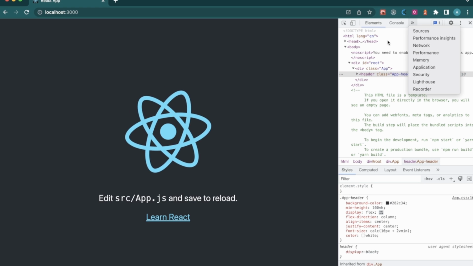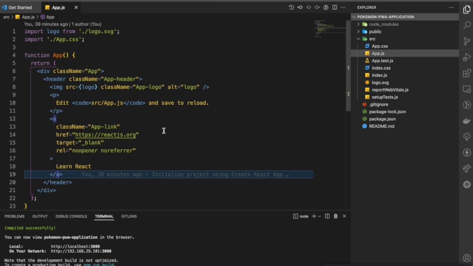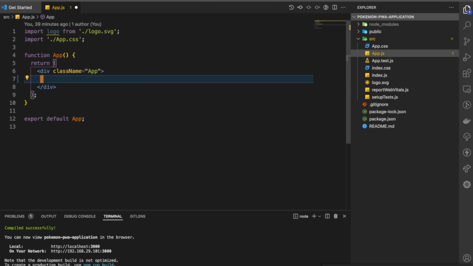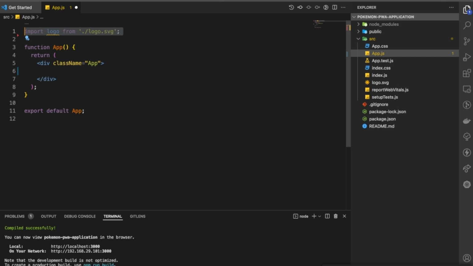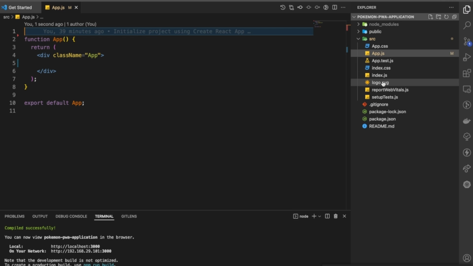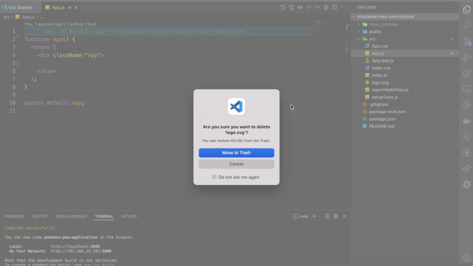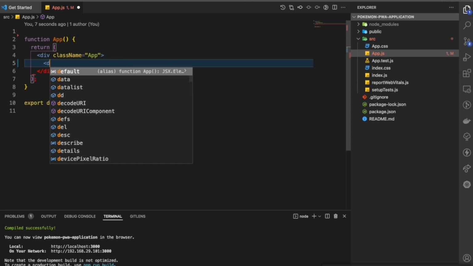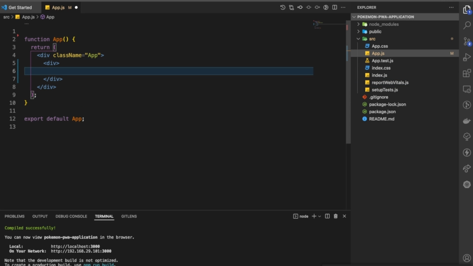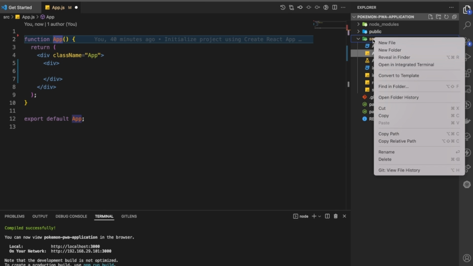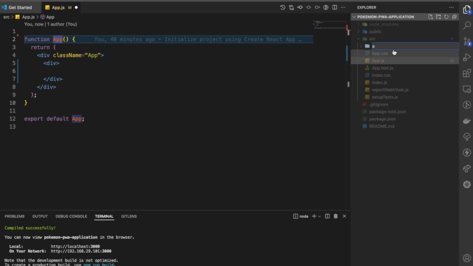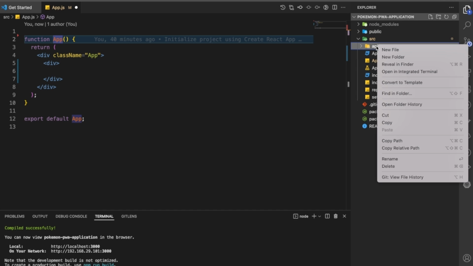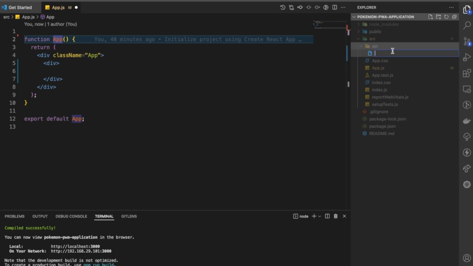Okay, so this is our application, and now what we need to do is remove all this stuff, and we also need to remove the logo. We don't need this logo, let's just delete this. Okay, so over here we are going to have a div, and before that, let's create one folder called API. So basically from the API we are going to get all the Pokemon, and let's just have